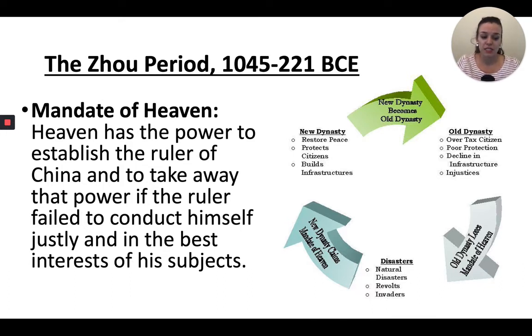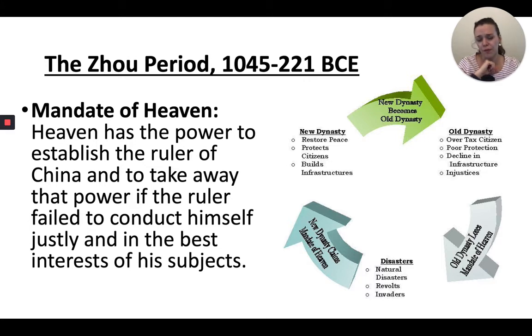Since he has now been granted the authority and legitimacy to rule, he can do so as long as he looks over his subjects. And proof that the gods chose him is the prosperity and stability of his kingdom. All right, so this concept is known as the mandate of heaven, and this is a really important continuity for